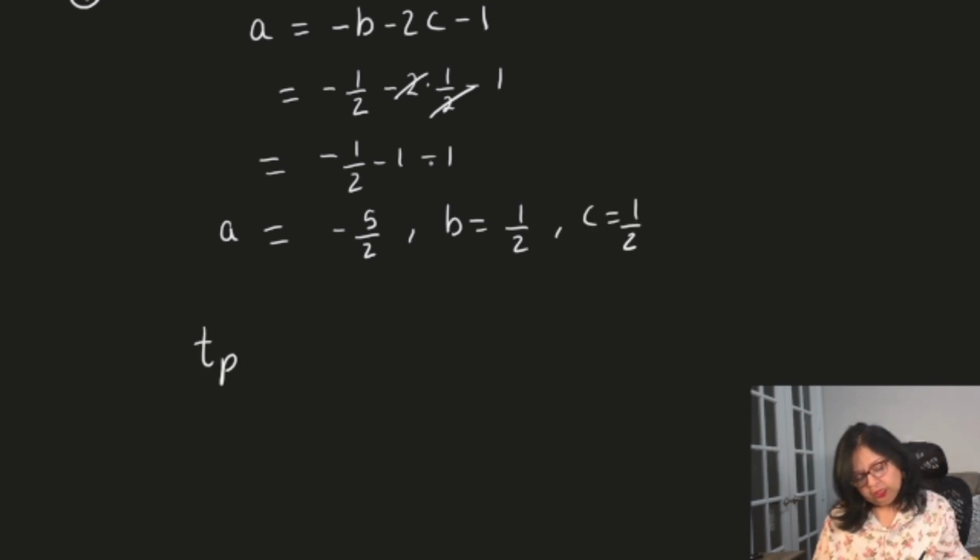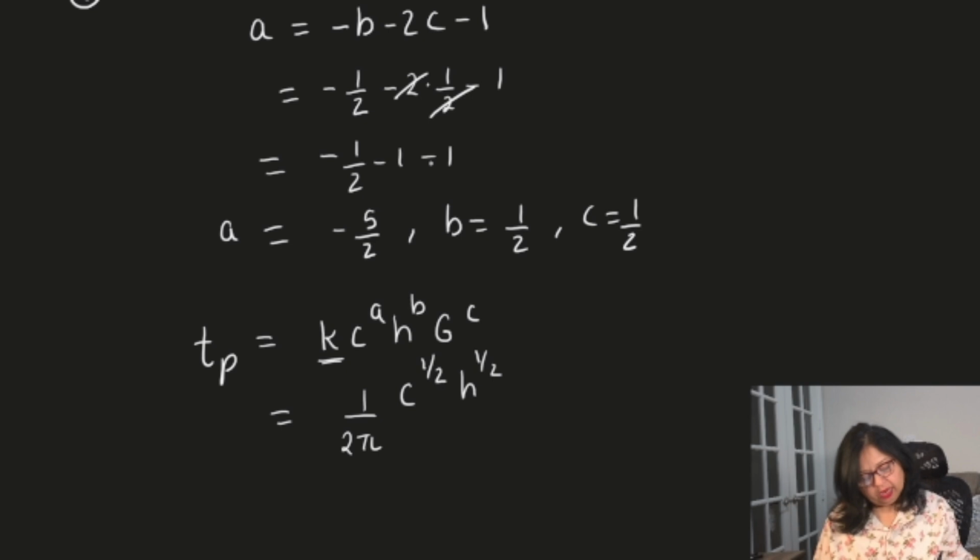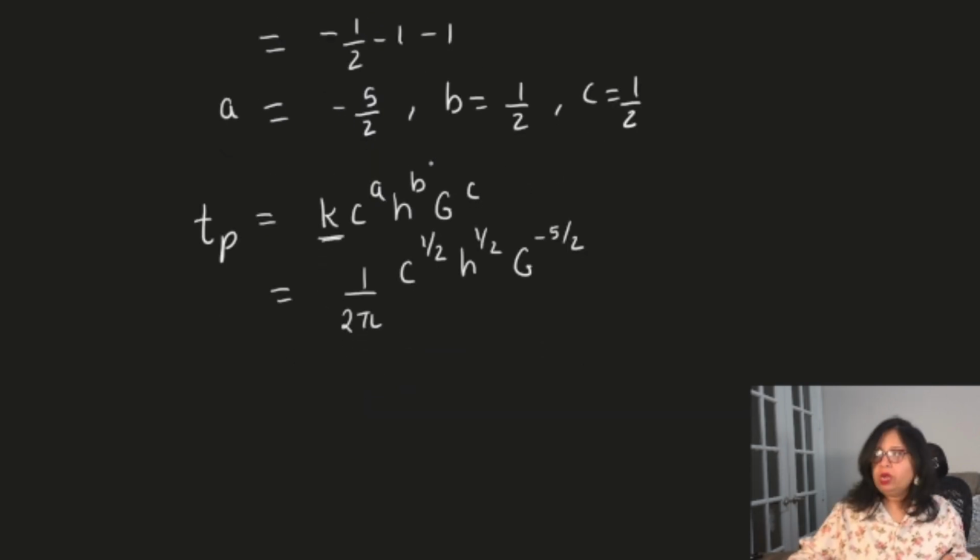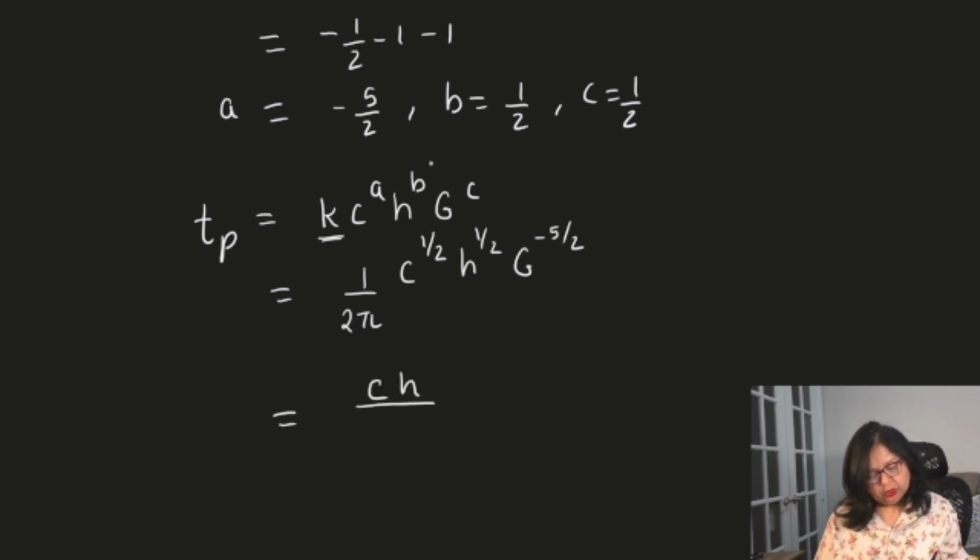So Tp, which is Planck's time, equals k times c to the power a, h to the power b, g to the power c. And this k here is also 1 over 2 pi. So c to the power minus 5 halves, h to the power 1 half, g to the power 1 half. How else can we write this? This can be written as ch divided by 2 pi